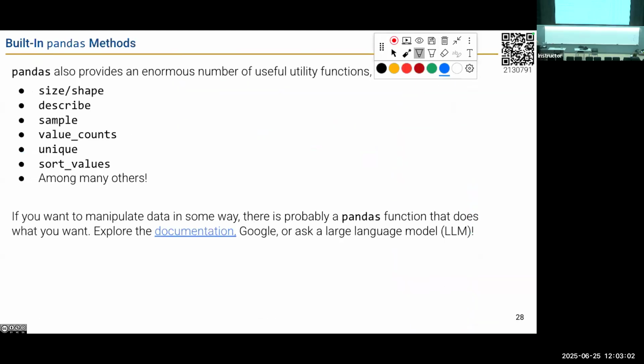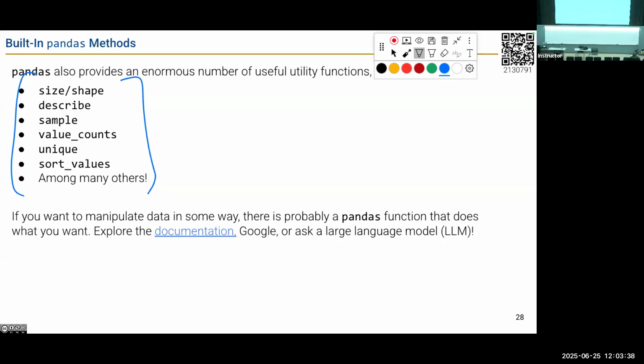A ton of other utility functions. I know I keep stressing this, but pandas can do so many different things. If you want to manipulate data in some specific way, somebody probably already wrote a hyper-optimized pandas function that does exactly what you want and more, really well. It's used so infrequently that if someone reads your code, they'll have to look up what it means, but they'll think you're so smart because you pulled out this really specific function. There's an enormous number of these utility functions. These are the ones in Data 100 we're going to use quite a lot: size, shape, and describe, which can be really helpful for exploratory data analysis.